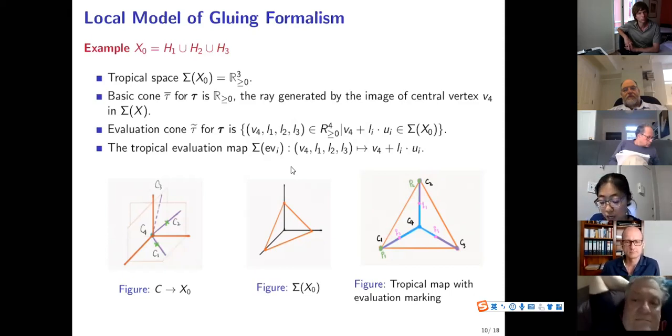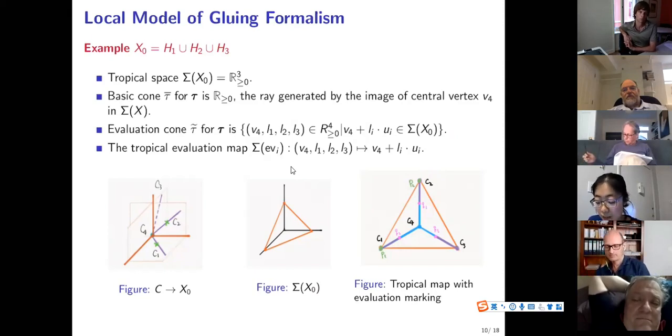But for the 3 edges that we are adding here, we add 3 free variables that we can move along the direction of the edges. So the evaluation cone of it will have 3 more additional vectors,